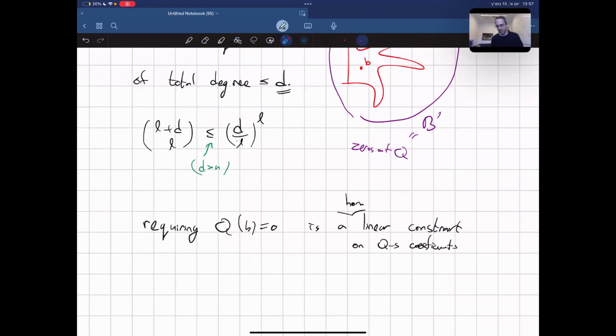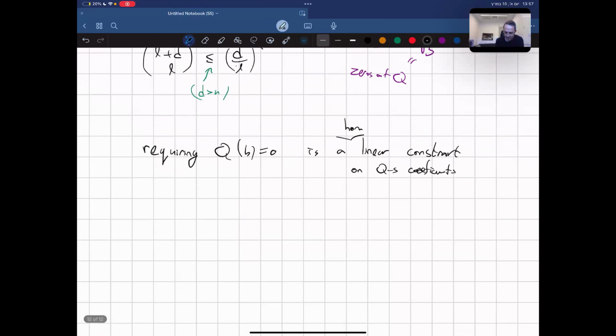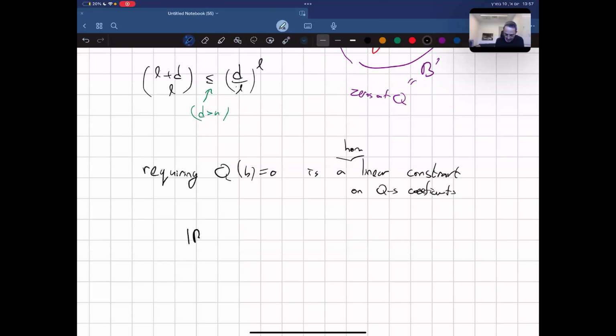Right? So I'm considering a general degree D polynomial in the sense that the coefficients are variables, and every particular constraint, every little b, translates to a homogeneous linear constraint over the coefficients. It's highly nonlinear in terms of b, but it doesn't matter. We fixed b, and now, considering the coefficients, we get a linear constraint. And we know from linear algebra that if the number of constraints is strictly less than our lower bound, sorry, it's a lower bound, on the number of dimensions,